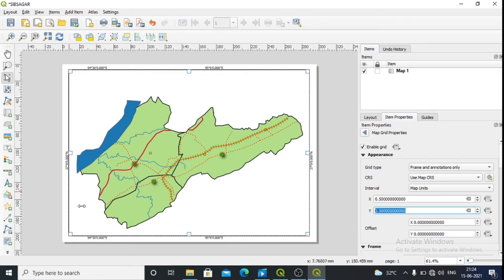See, at least we have got more latitude and longitude grid lines. If I make it a little more, like 8 minute interval, so this is our latitude and longitude. Let us not do it, I'll make it like a 2 minute interval. So this is your 2 minute interval.